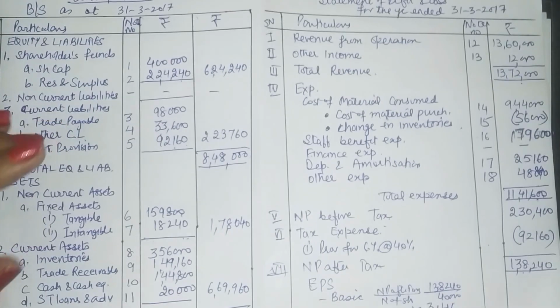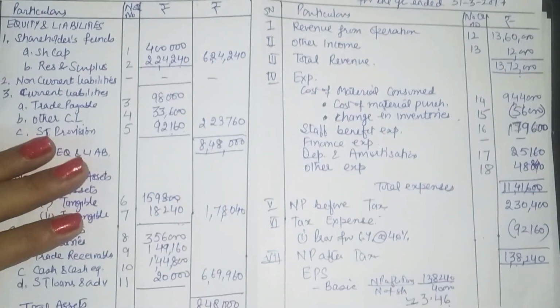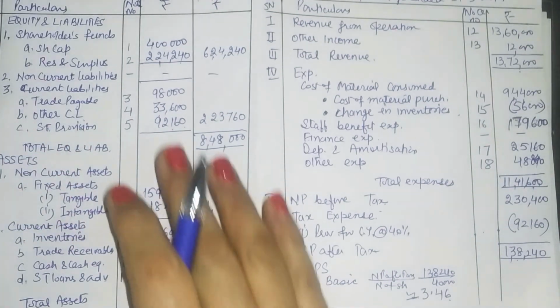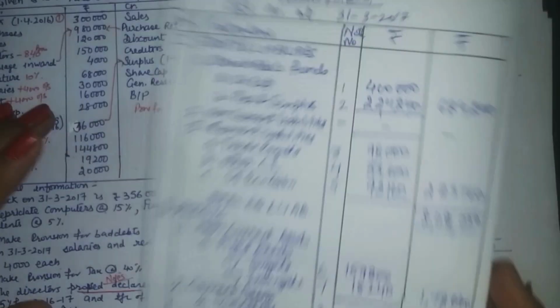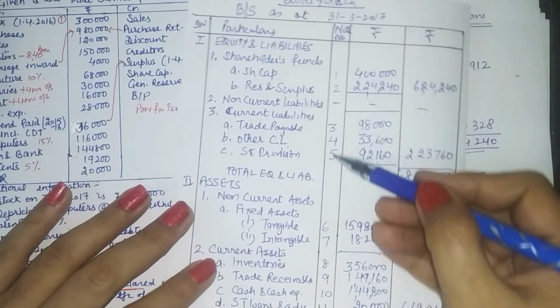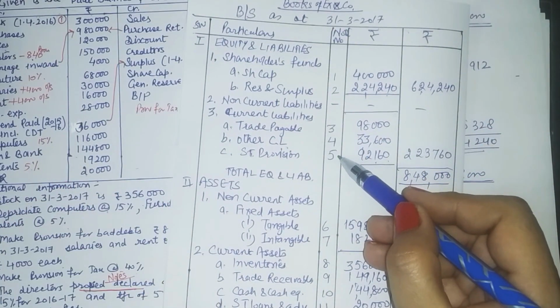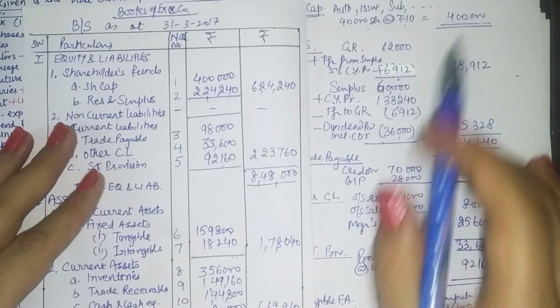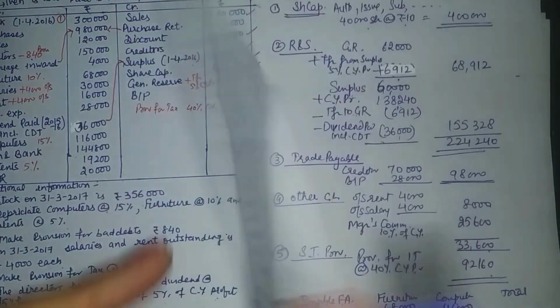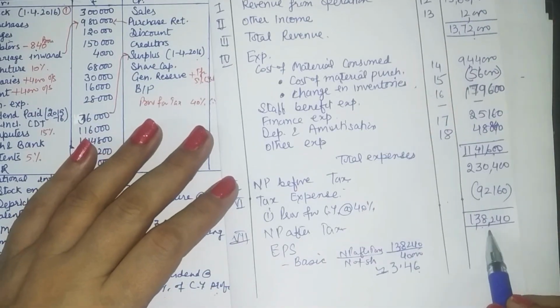So this is how we prepare the final accounts of a company. We have to first make the format and start preparing the notes to the balance sheet for each and every amount that we need here. And wherever we think information is not available right now, just leave the space and then come back to that once you have calculated the profit.